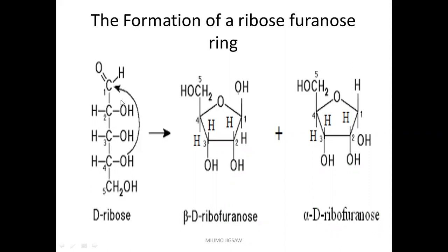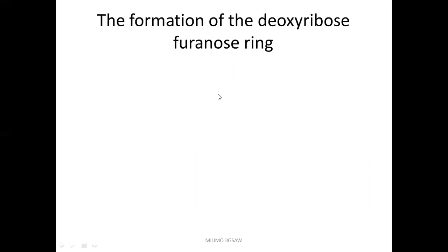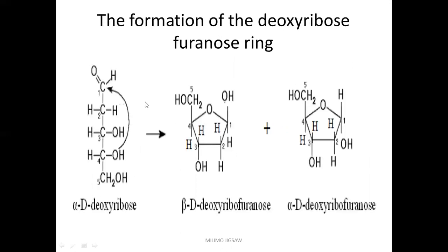When you look at the oxygen of the carbonyl group, the oxygen attached to the double bond on carbon number 1, it is going to combine with the hydrogen of carbon number 4. So the oxygen at the carbonyl group and the hydrogen of carbon 4 combine to form an OH